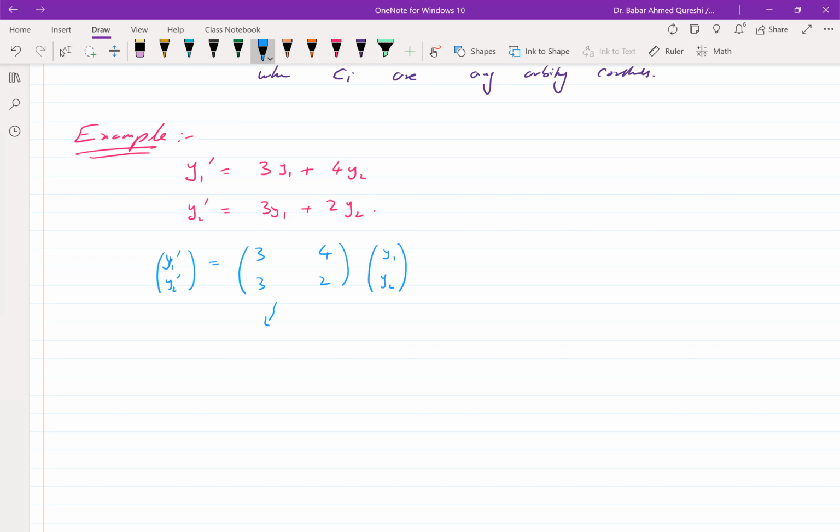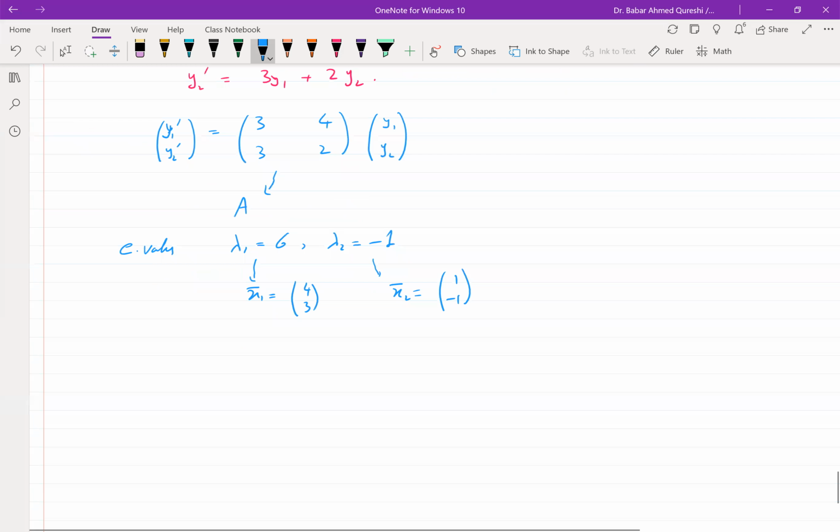This is your A, and it has eigenvalues 6 and -1, and the eigenvector corresponding to this is 4, 3. I'm not computing it, just writing it. And 1, -1. Then your general solution would be